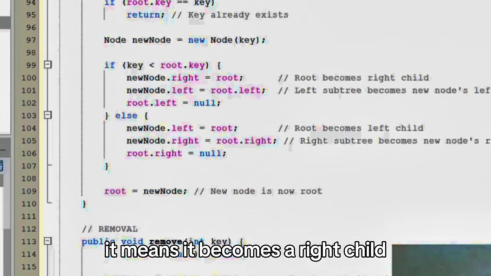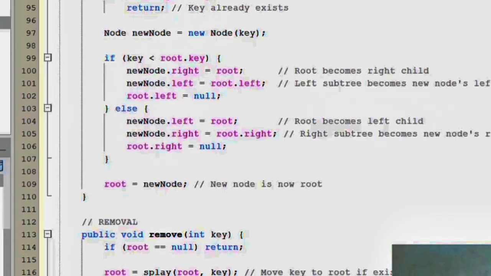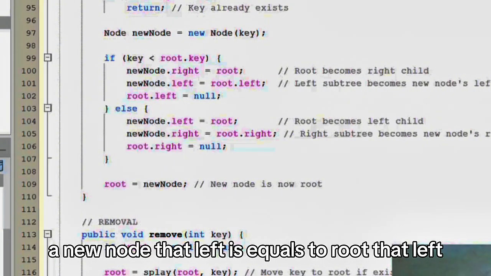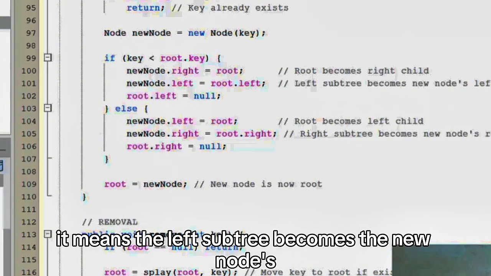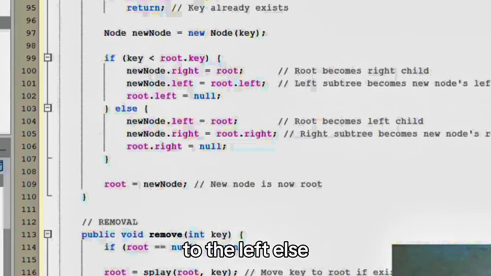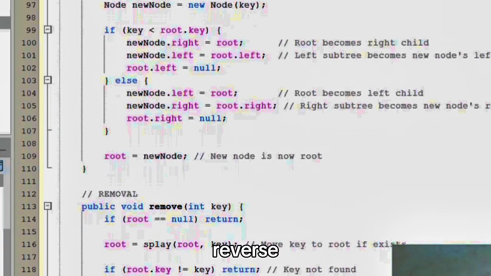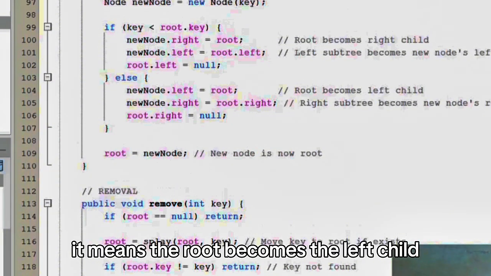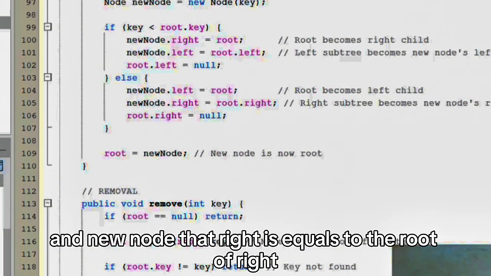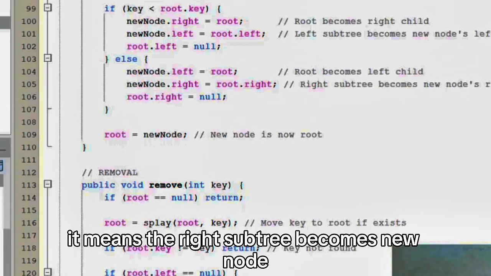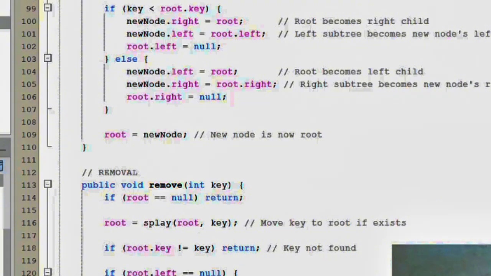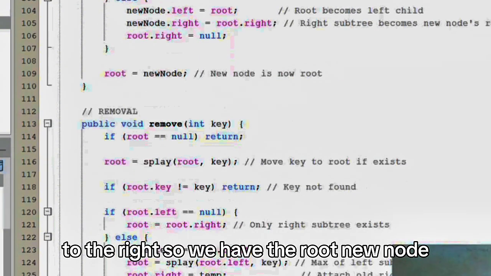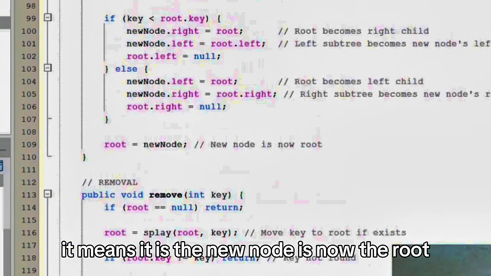It becomes the right child. And newNode.left equals root.left. It means the left subtree becomes the new node's left. Else, in reverse, newNode.left equals root. It means the root becomes the left child. And newNode.right equals root.right. It means the right subtree becomes the new node's right. So we have root equals newNode. It means the new node is now the root.